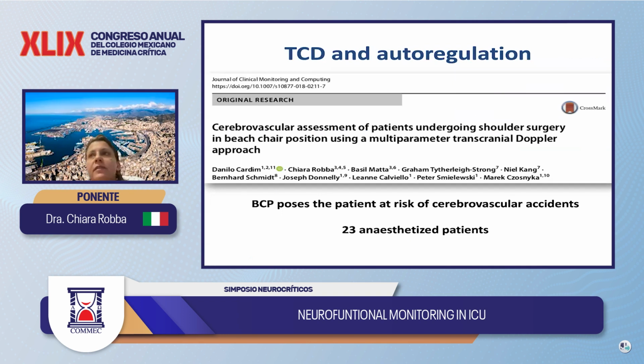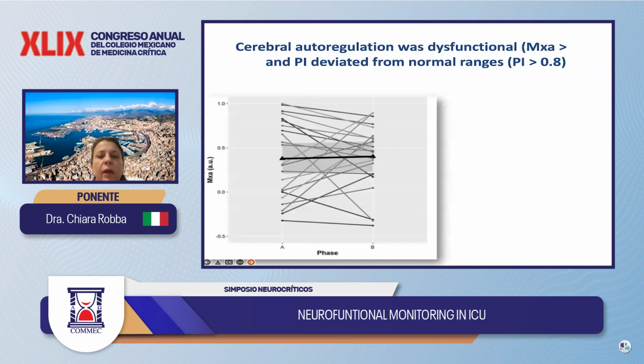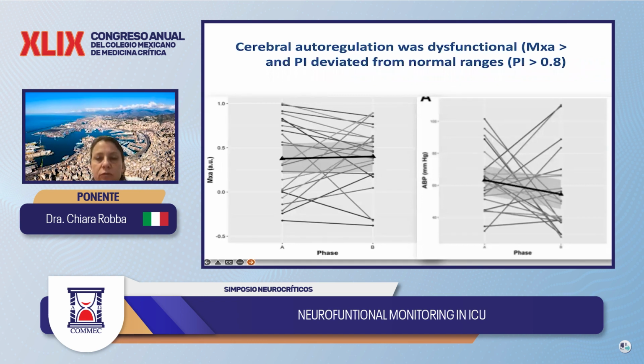But even operations which potentially do not seem too harmful, not cardiac surgery, but even very simple types of surgeries, like shoulder surgery, can lead to cerebral and neurological complications. This is a study that we did using transcranial Doppler in 23 anesthetized patients undergoing shoulder surgery without neurological complications. What we found is that at the induction phase, these patients experience a moment of altered autoregulation, which